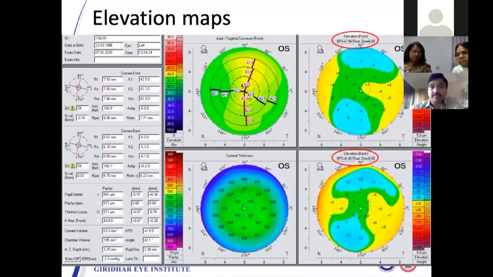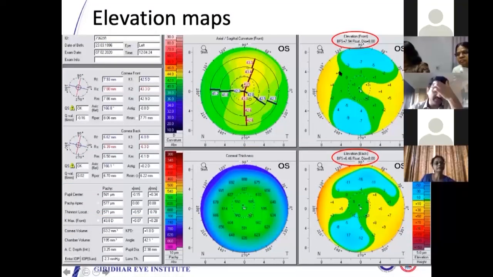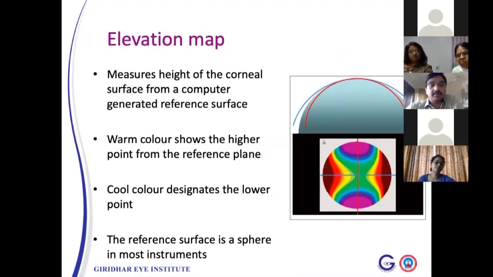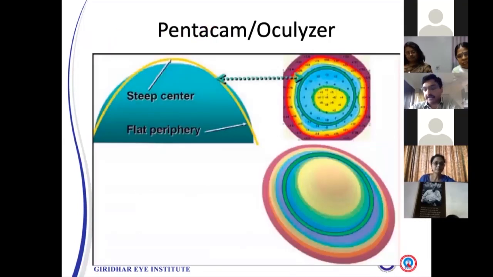Third, what is quite significant in these tomographic maps, is the elevation map. So what does it mean? What does elevation mean? Elevation means how much one point is elevated or separated from the reference surface. And it has again been described by Dr. Das in detail. So the cornea is this yellow one. The cornea is not spherical. You have the center part which is steeper and the peripheral part which is flatter. Taking those values into consideration of one particular surface, the computer calculates a sphere which actually fits best into this.